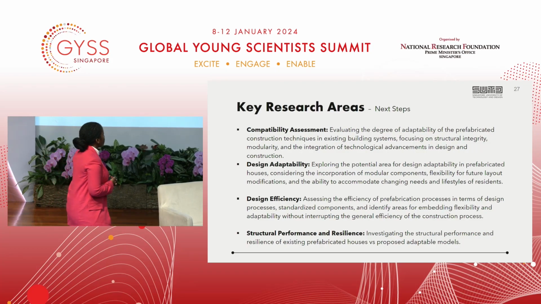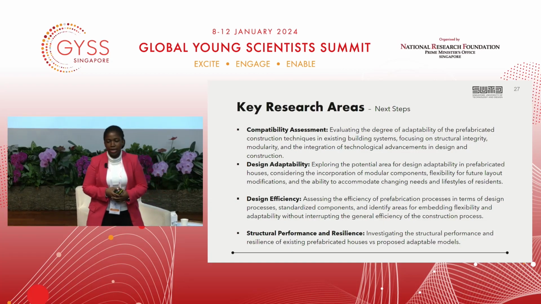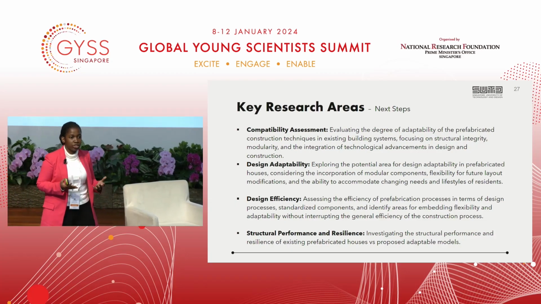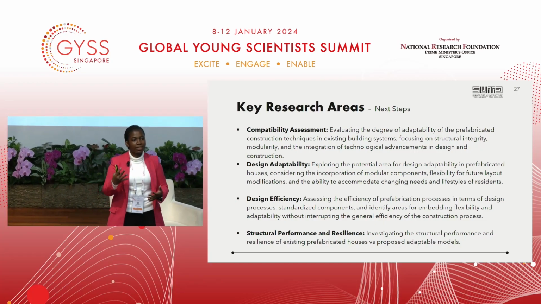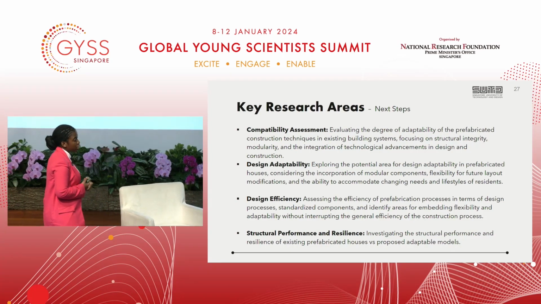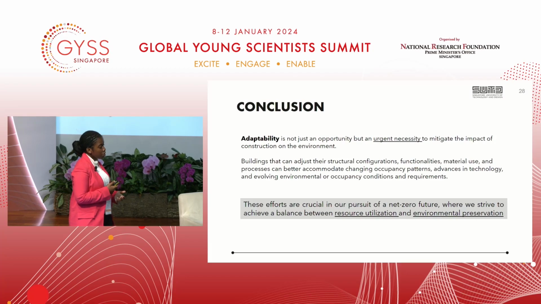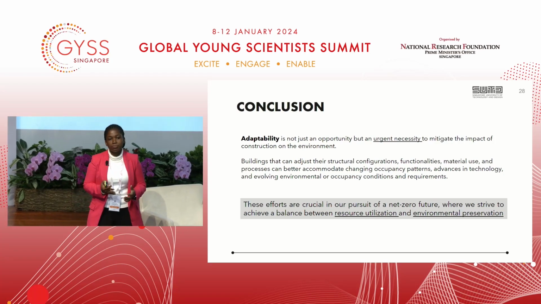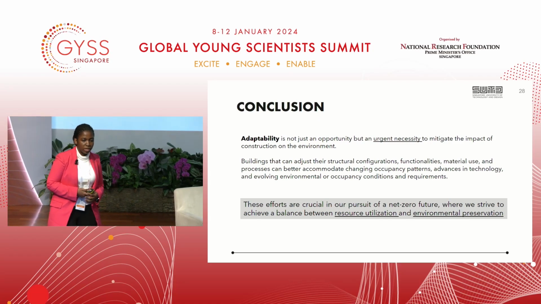In my research going forward, I'm going to focus on design for adaptability of building designs, but also making sure that although we are trying to focus on sustainability, we are not forgetting that the building has to be structurally sound. The structural integrity of the building is still important. The safety of the building is still important. So how can we get the sustainability effect, but still not compromise the structural integrity of the building itself? And also make sure that the efficiency of the design processes and the construction processes is taken into account during the designs. Finally, design for adaptability is not just an opportunity, it's a necessity. It helps us to balance between material use and resource optimization in order for us to preserve the environment to the maximum level. Thank you.